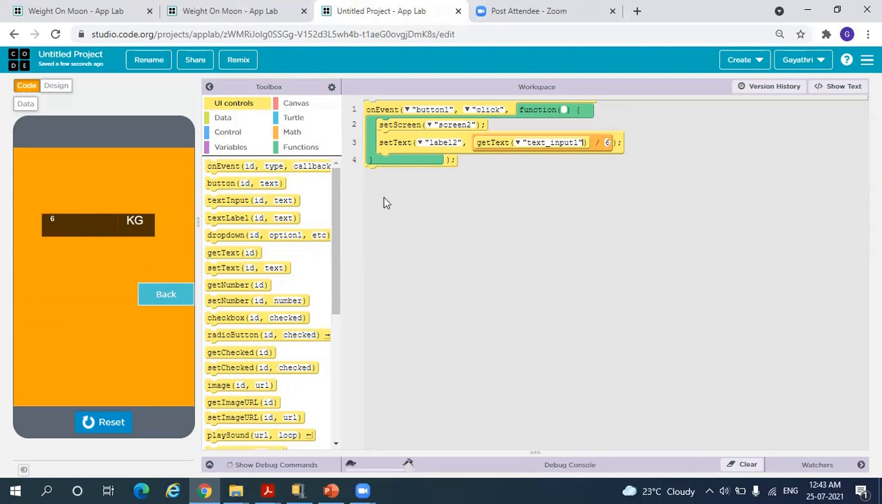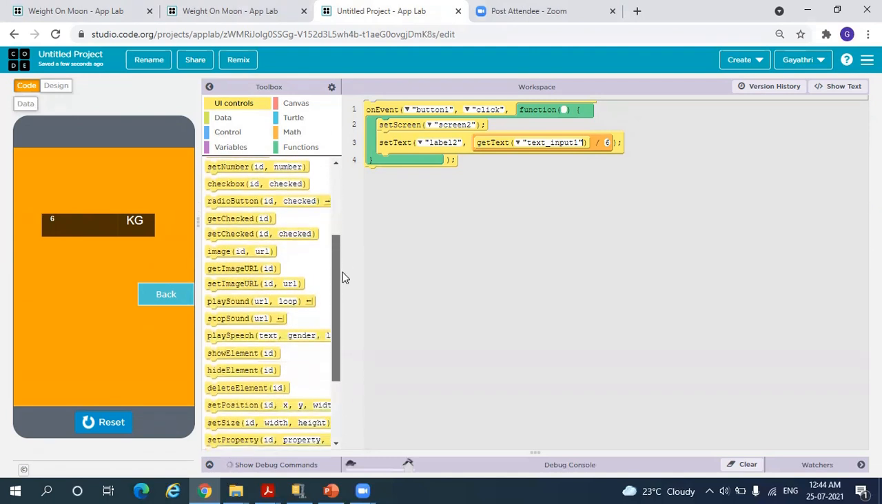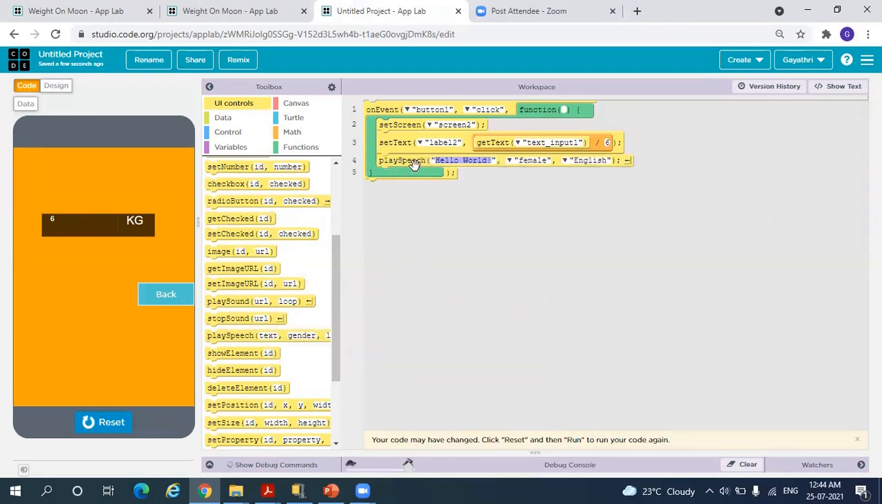So for that, in the UI controls, scroll down. You can see here play speech, right? Drag and drop it here. Okay, I'll show it again. Select play speech from your UI controls and drop it here. So by default, it is hello world. So if I run my application now, it will say hello world, but I want it to say the weight that is entered here, right? For that,